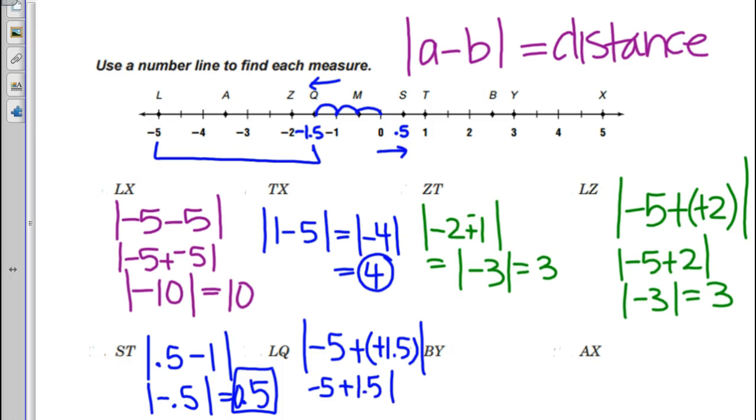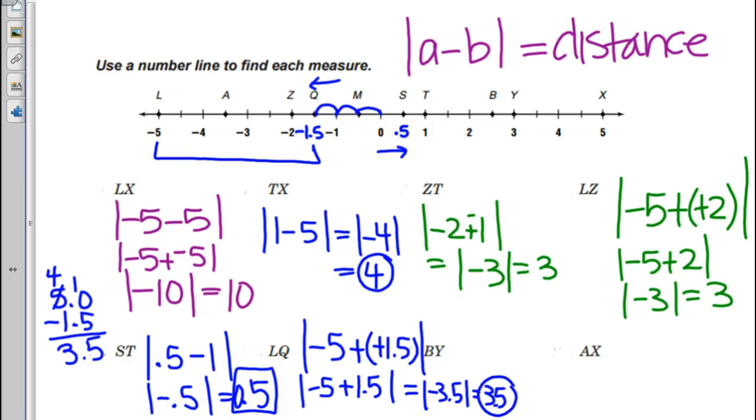Opposite signs mean I will subtract. All right, so I'm going to come over here to the left side and do that. I'm going to put 5.0 minus 1.5, or you can definitely use a calculator, although we don't need one. That would be 3.5, and it's negative, but absolute value makes that guy positive. So 3.5 units away. We can count that over, 1, 2, 3, and then a half to get there. All right, from B to Y,